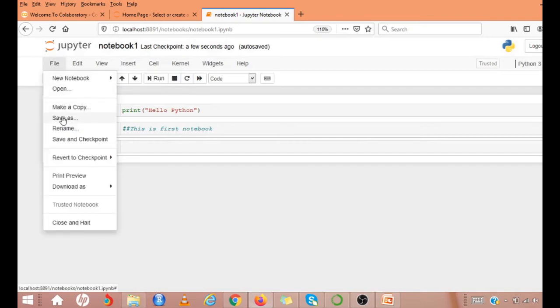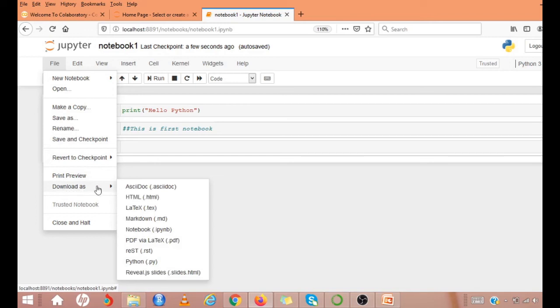I can also make a copy or save it, and I can rename it. I can save and checkpoint. I can also download this file. I can download this file as HTML or LaTeX or ASCII, Markdown, Notebook, etc. These are all the different possibilities of downloading the file.